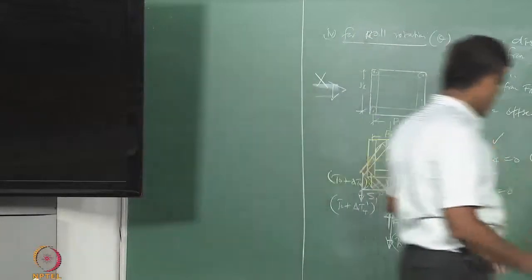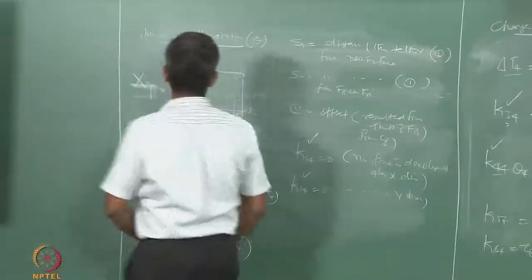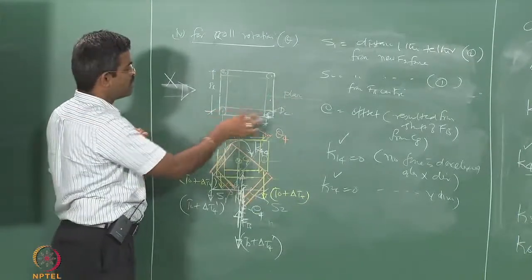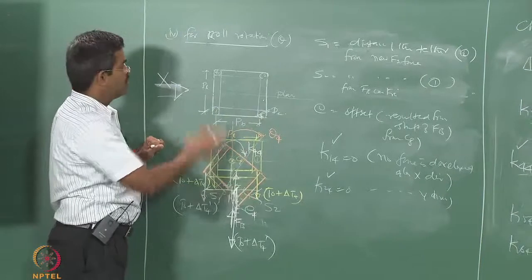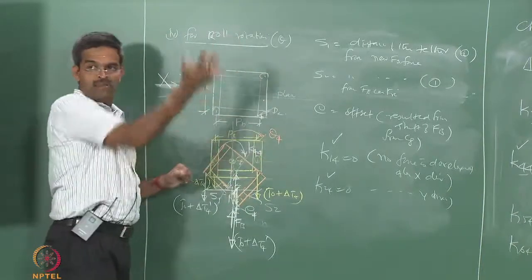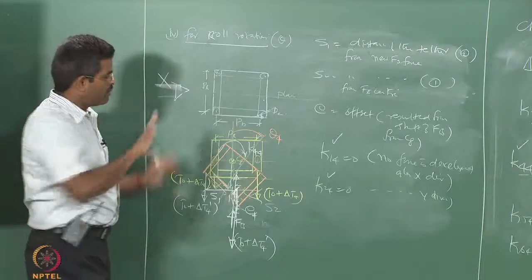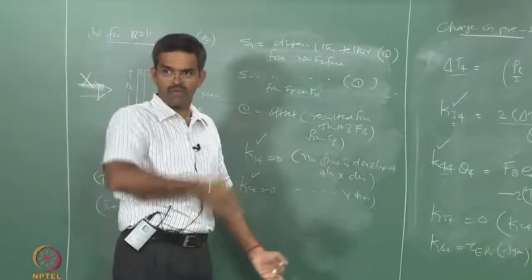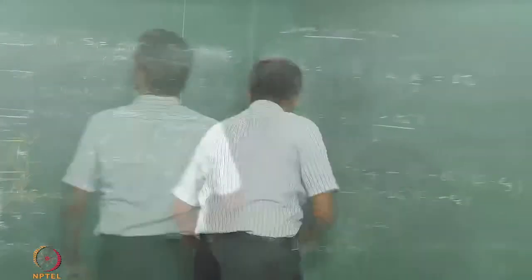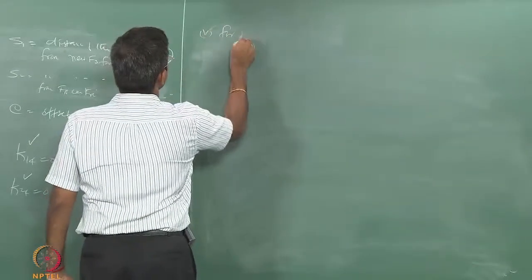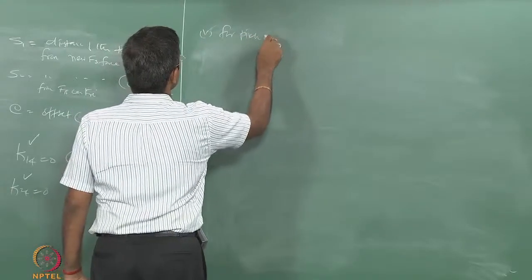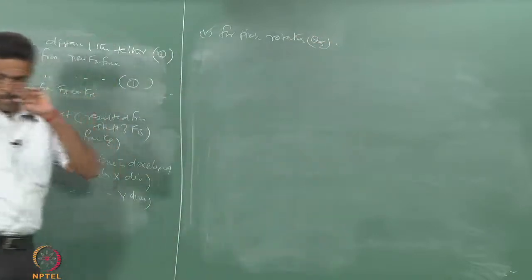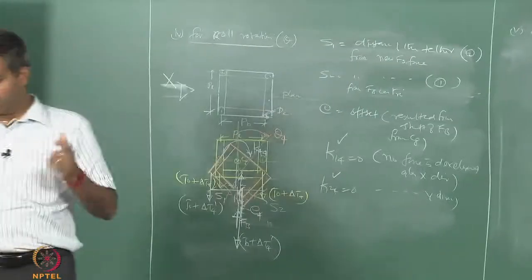Similarly, I can extend the same discussion for pitch. So I have to draw the figure from this view now, because pitch is moment about this axis. So 1 and 4 I will draw here, 2 and 3 will be overlaid behind 4 and 1 respectively. I will give again theta phi. I will write directly the equations for the fifth column of the stiffness matrix in the same manner. So for pitch rotation, which I call theta phi, by derivation all these are unity, that is how you get the forces.